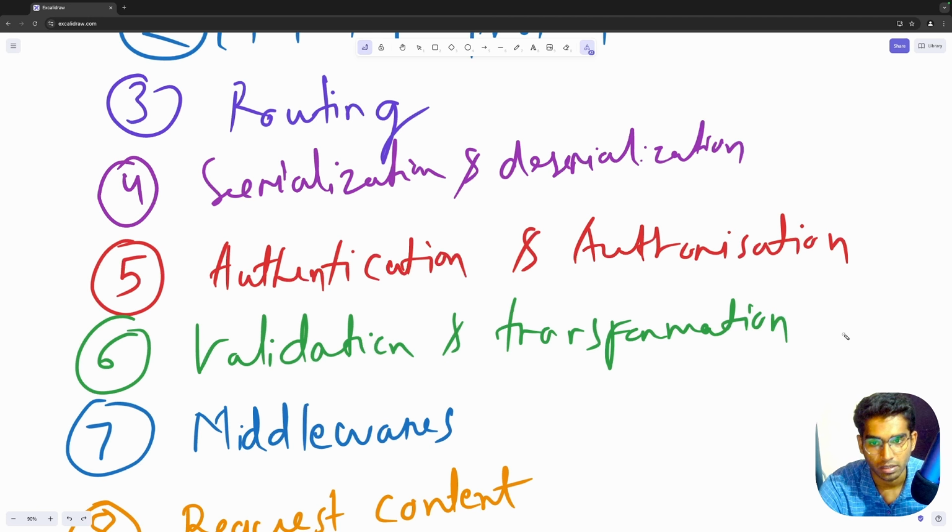Then there is conditional validation. So let's say in the form there are two fields. One is partner name and the second is married, which is a boolean, true or false. So a partner field might only be required if the married is true. So that is a conditional validation. So these kinds of checks we have to do. Then there is chain validation, like converting a string to lowercase, then removing special characters, and then checking its length.